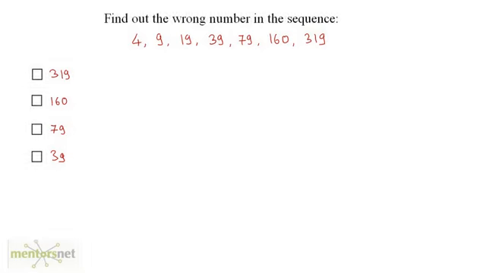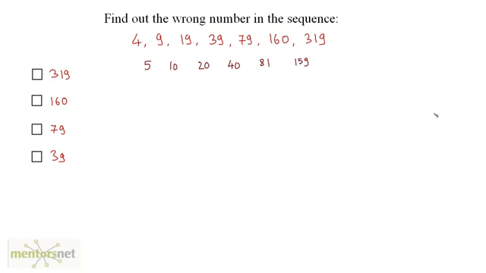Okay, what could be the answer of this question? So if you observe carefully, you can take the differences between the numbers, right? So the difference between 4 and 9 is 5. The difference between 9 and 19 is 10. 19 and 39 is 20. 19 plus 20 gives you 39. Here 39 and 79, it is 40. And 160 minus 79 is 81. And this is 319 minus 160 is